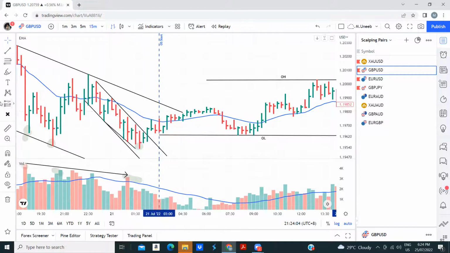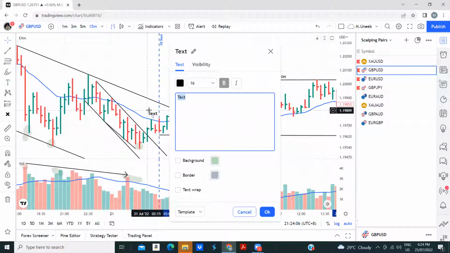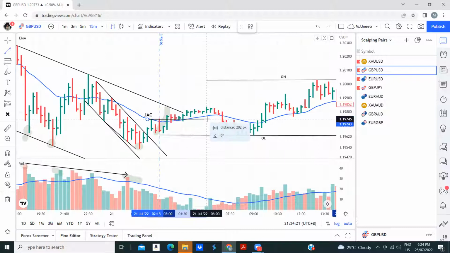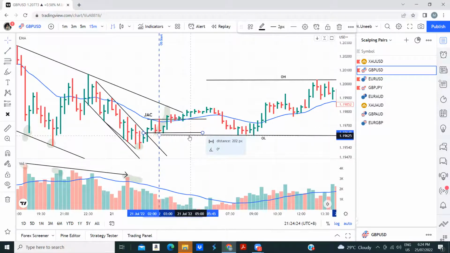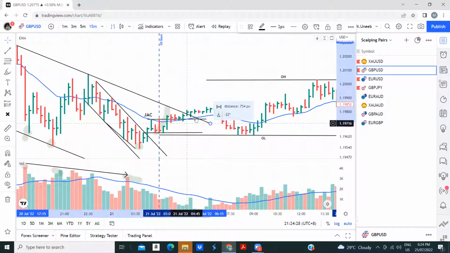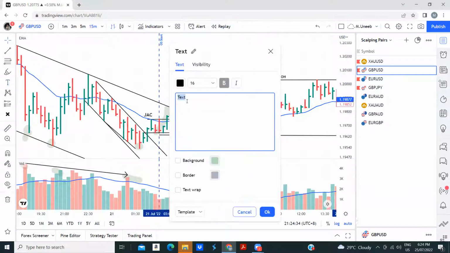And now what do we have here? Jump across the creek just before London Open, right? Yeah. Or just before overnight session start, we have jump across the creek. All right, after jump across the creek, the price will do what? You know that. Redistribute, reaccumulate, and then will go up. And again, now what do we do? We broke this bigger channel. Okay, after redistribution, after reaccumulation, it's again JAC, jump across the creek.